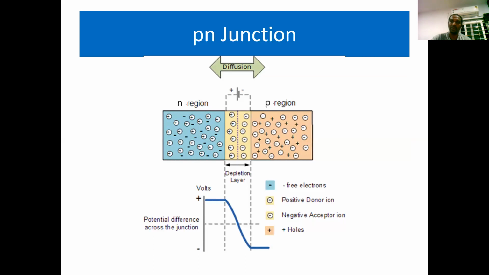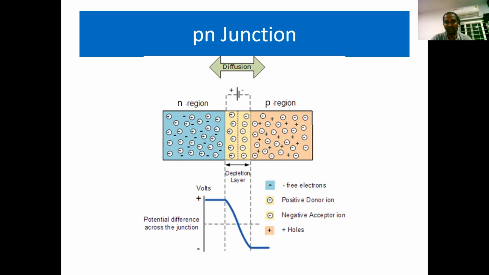If you observe the process of junction formation, on the left hand side there is an n-type semiconducting material, which is represented as n region. On the right hand side, the p-type semiconductor is known as p region. N region is represented blue in color and p region is slightly pink in color. And in the middle, where the static immobile ions are present and we have a potential difference, represented with plus minus, that is called a depletion region. This depletion region is also called a space charge region.